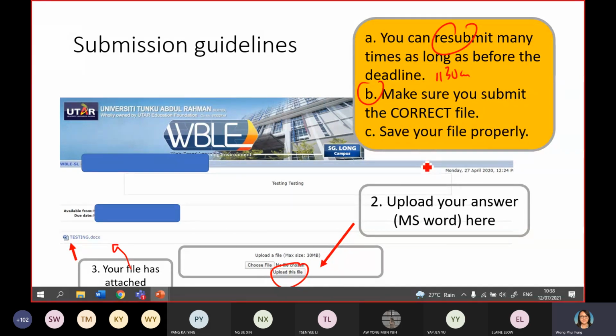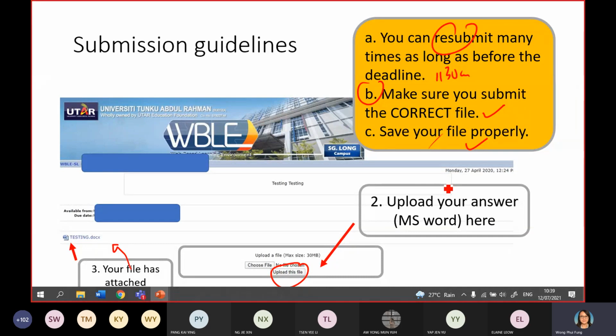Make sure you submit the correct file. I know you are going for your value management PPP3 exam, so please don't submit value management to me. Make sure you submit the correct file. Save your file properly. Few semesters ago, I had two students who didn't save the file properly.